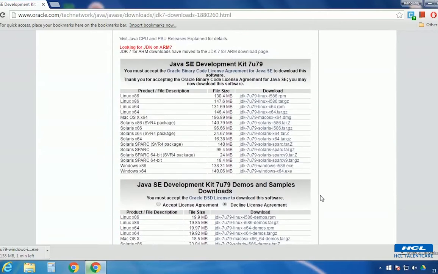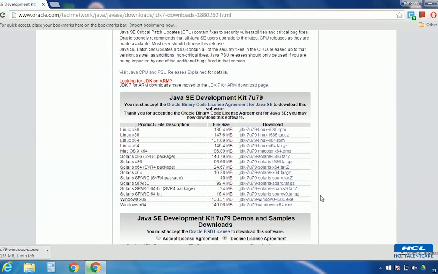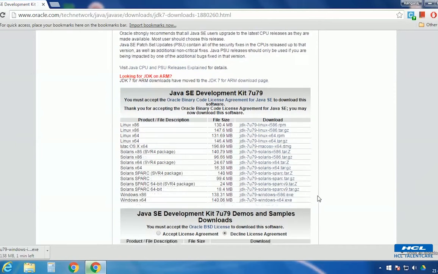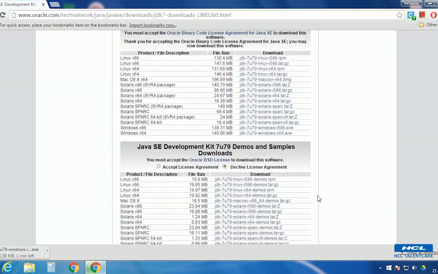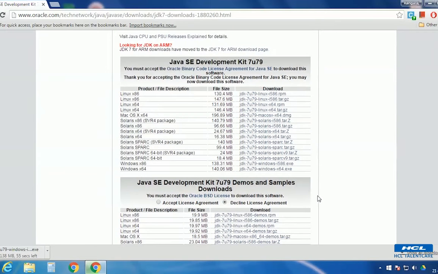Wait for the download to get completed. That's what I told you earlier, that you need a very good internet connection to download this. If the download stops in between, you have to re-download it again, the same 138 MB.